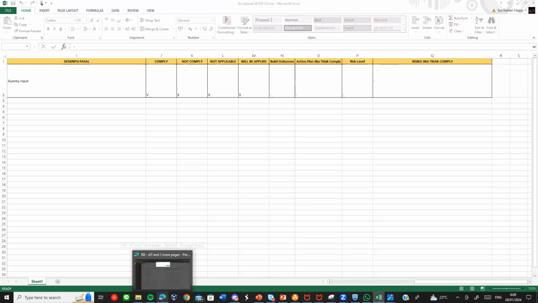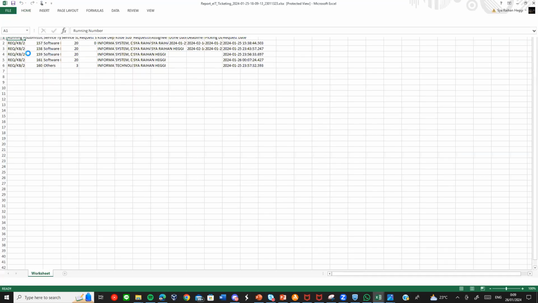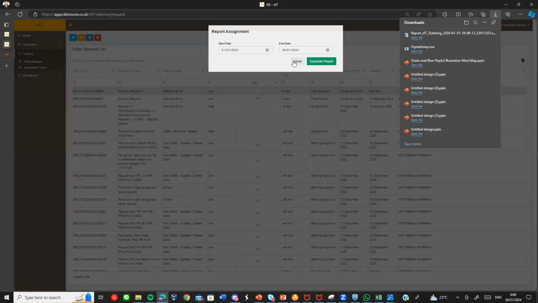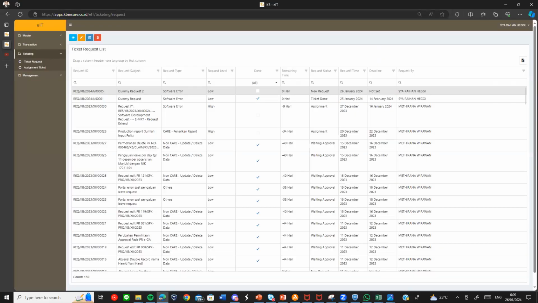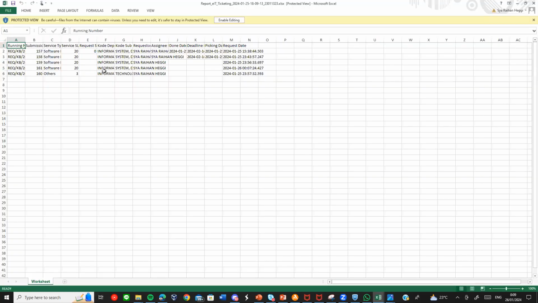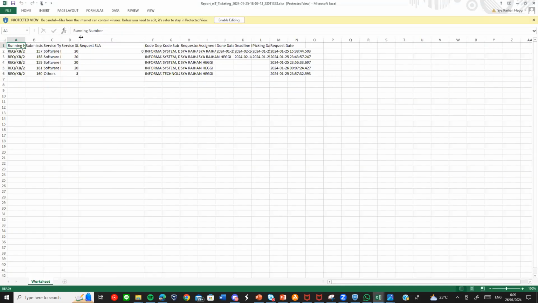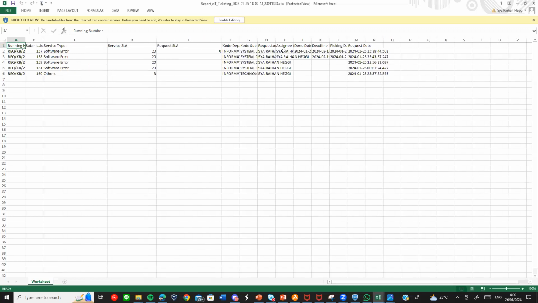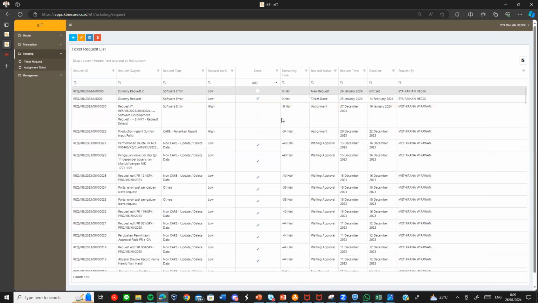Okay, the data will be shown from the time period, the time the request was created, the working SLA, the service SLA, the deadline, the requestor department, and the submission number registered in the system.